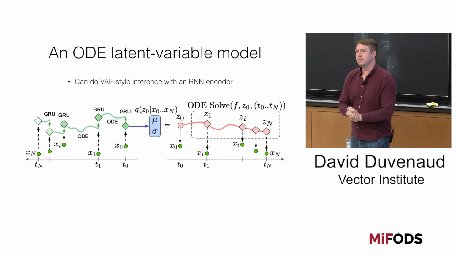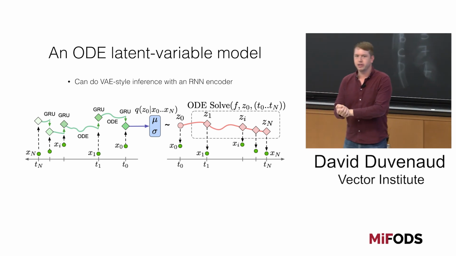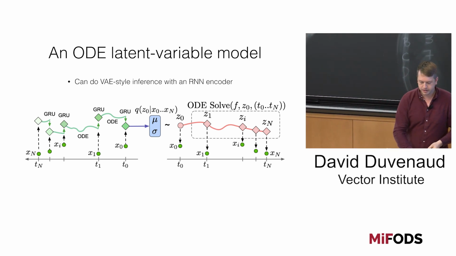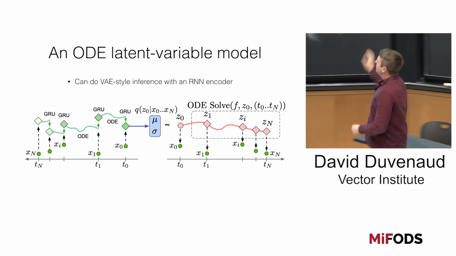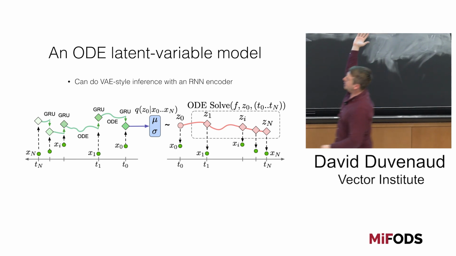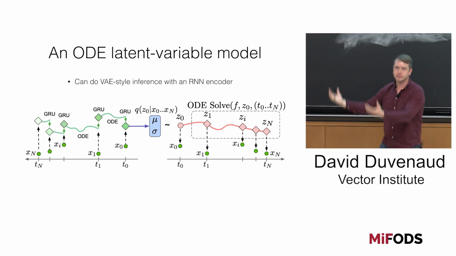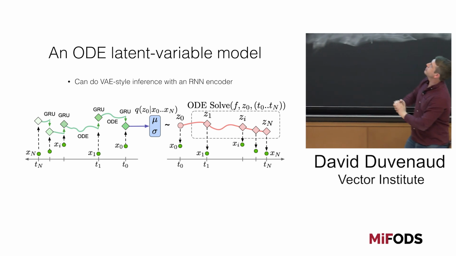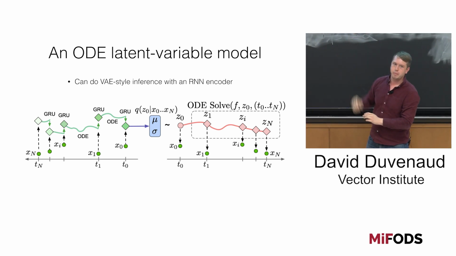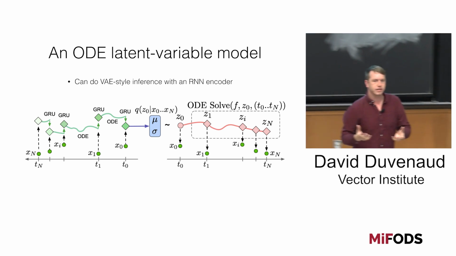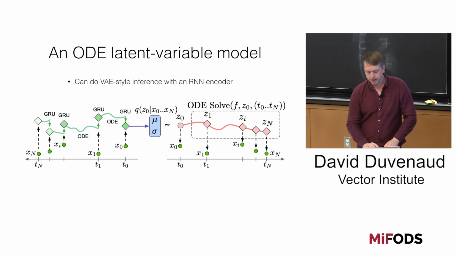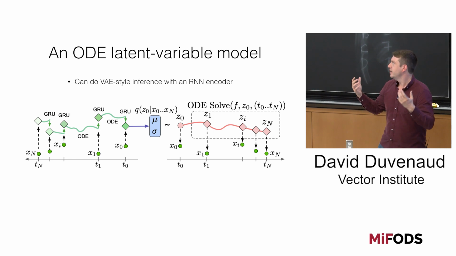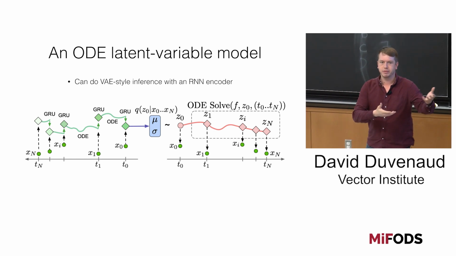So I mentioned before that something that's not part of the model, but something that we need to do inference in the model is the recognition network. In this particular model, we need to somehow consume all the x's that appeared. This is our data set, these x's at different times. I'm reflecting it over here to talk about this process of consuming the data to output a distribution over z0. The only variable that we need to do inference about in this model is z0. So we need to consume all the data, whatever times it might come at, and produce, in this particular case, a Gaussian with some mean and covariance that depends on the data we've seen.